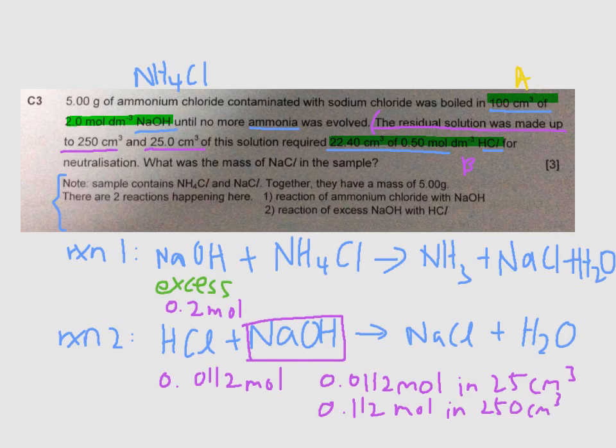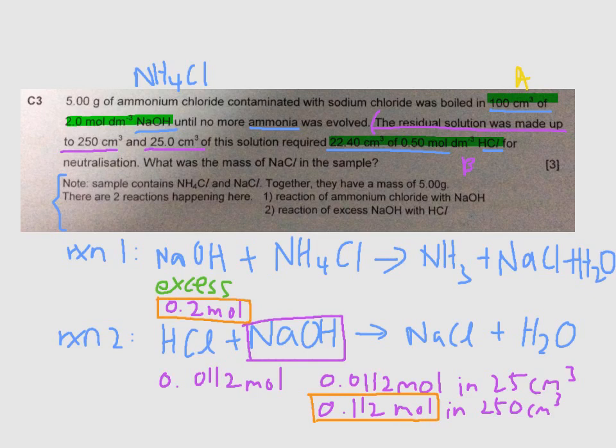And since you now have the original amount of NaOH, which is your excess reagent, which is 0.2 moles, and the amount that is in excess, which is 0.112 mole,